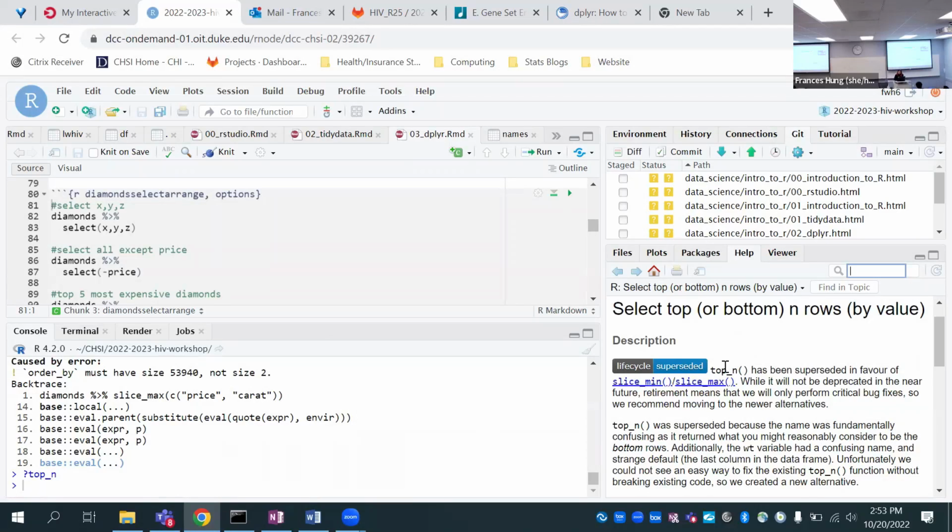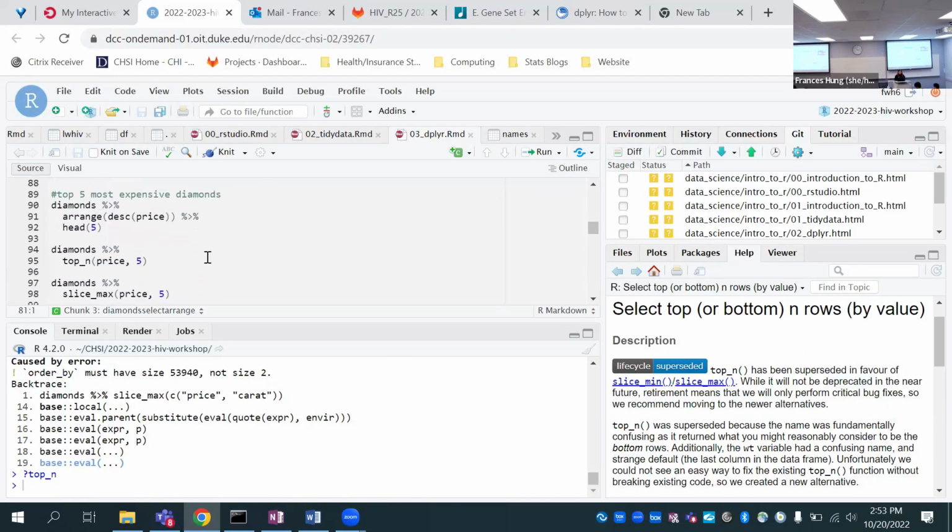Here you can see that top n has been superseded in favor of slice min and slice max. Deprecated means that you won't be able to use them anymore. Superseded just means that there's something better that they prefer you to use instead. So that's why we're using slice min and slice max instead of top n.